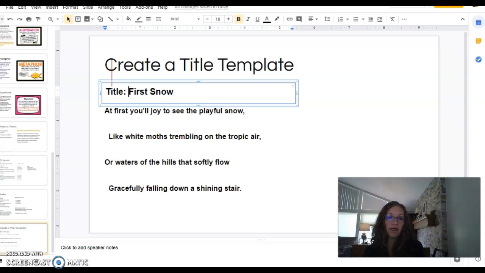So, just a quick assignment. There are 3 poems that will be on your Canvas, on the template. Go ahead and submit that to me through Google Docs, and share that with me after you've titled each of the poems. Be sure to read through carefully so that you can get a feel for what the poet is trying to say. And then that will be all you have to do this week.